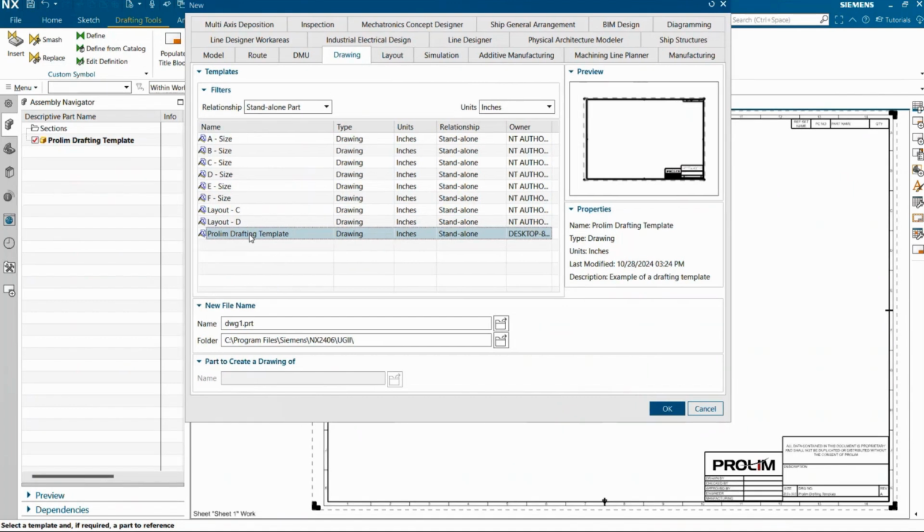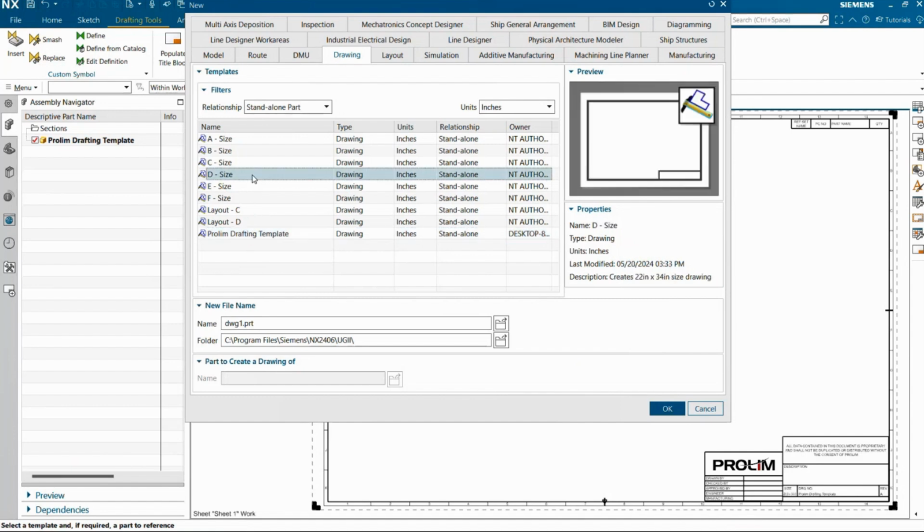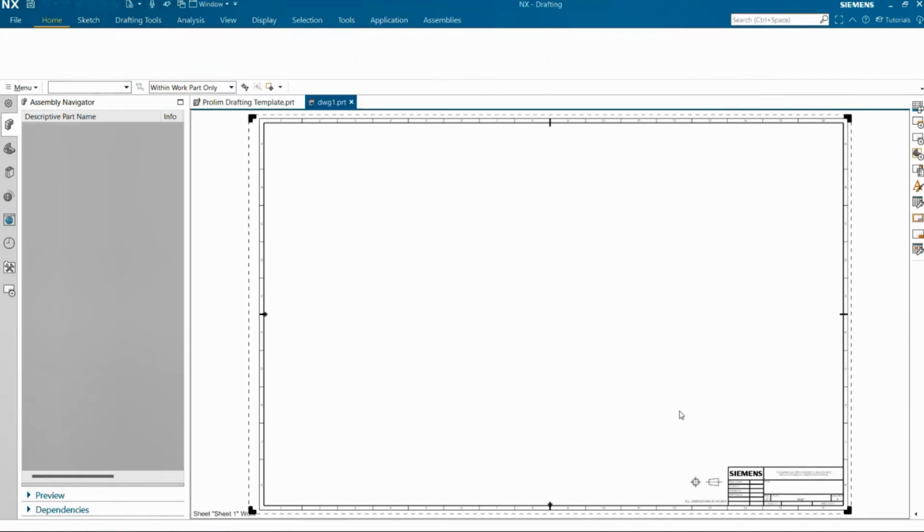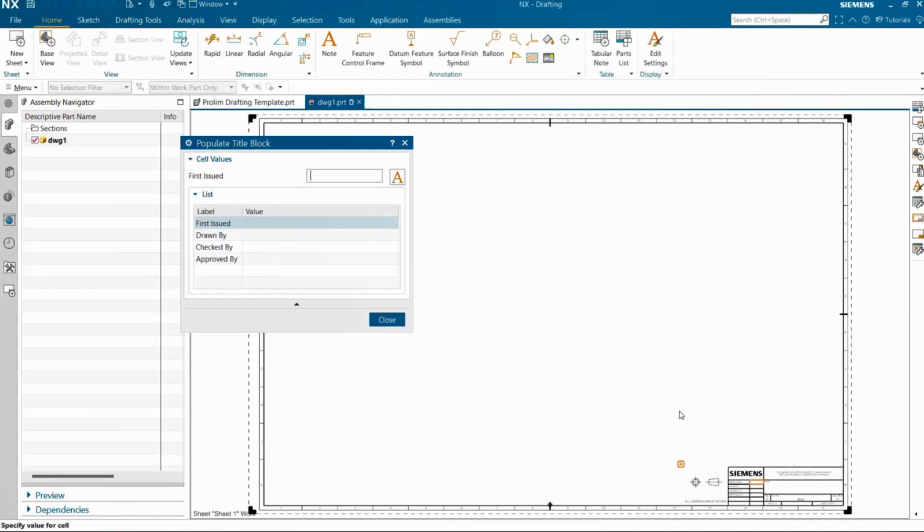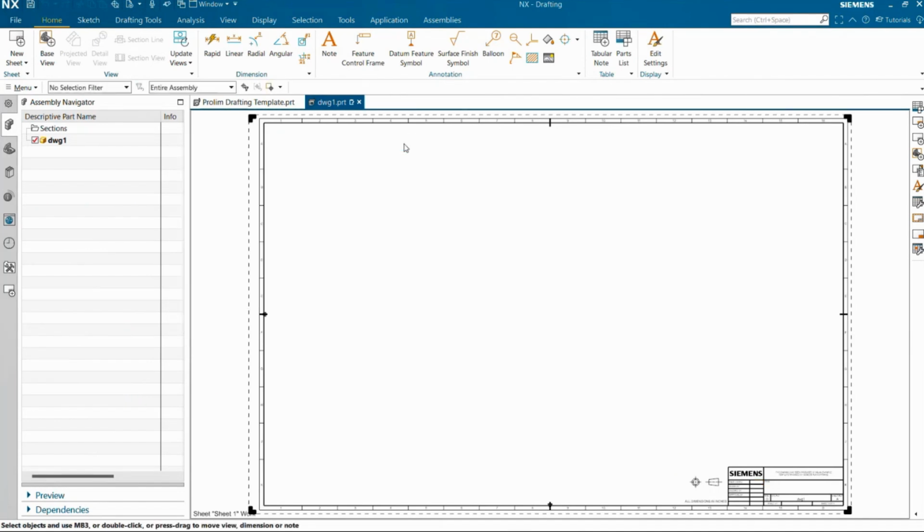Now that we've successfully created our drafting template, we can go ahead and move on to our next topic, which is creating a parts list template. To start, we'll need to get back into the drafting environment, so we can open any of these files here. Now that we're in the drafting environment again, we can go ahead and close out of this, click on Parts List,